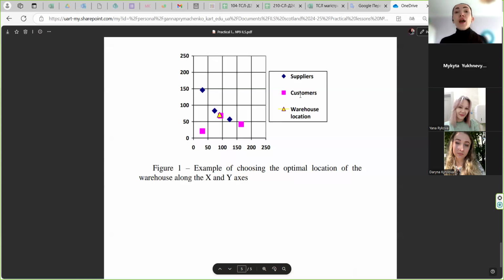We do it now. Also, we can locate our customers. We can see it also. And after it, we need to calculate and find where the place of our warehouse is. So it is our task today. Maybe we start with drawing such a picture by your variant, and after it calculate and find where the location of our warehouse is. So please